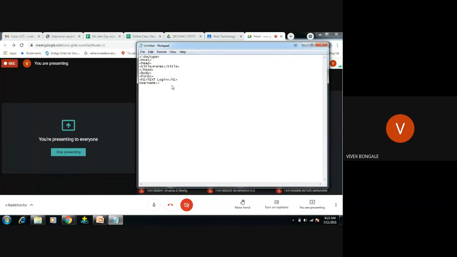We're going to create a text box using the input tag. In the form we give the input, meaning the data we give in that particular box. That box is for text data, so it comes under type equal to text input.